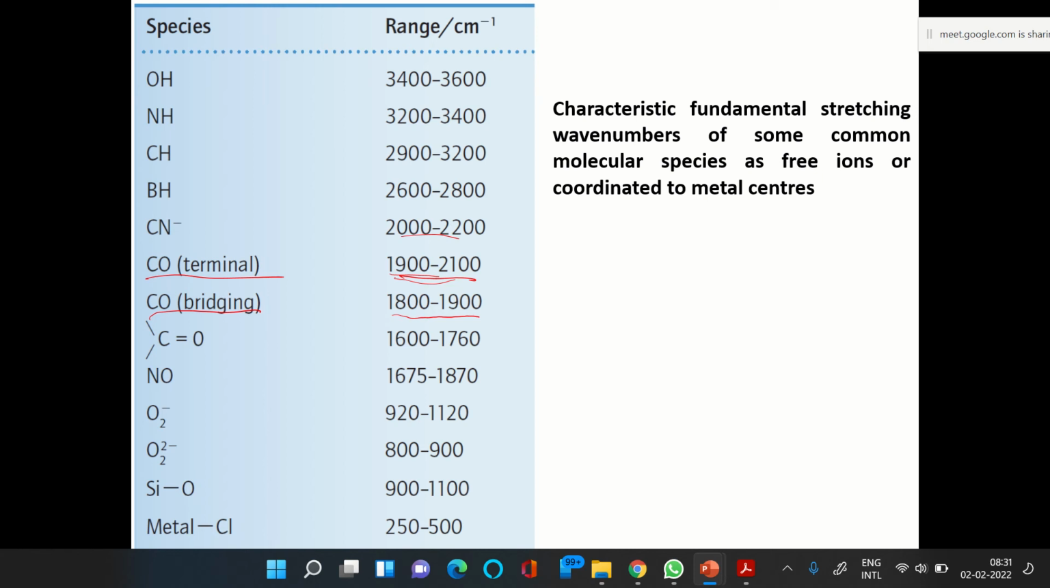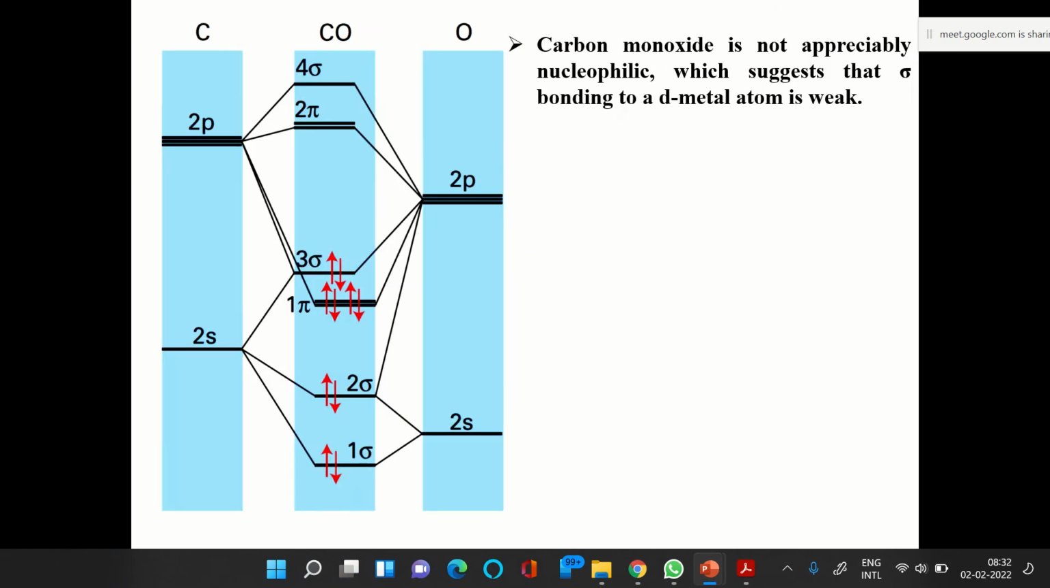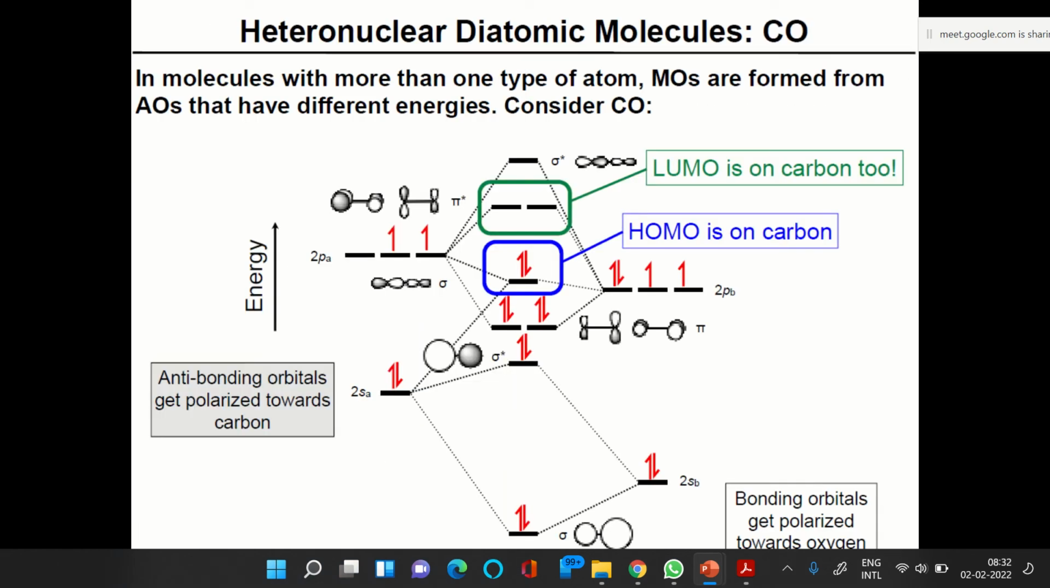Okay, so you have frequencies appearing like superoxide, peroxide frequencies. These are typical frequencies that you will find when these groups are coordinated to metal centers: superoxide, peroxide ligand, and metal-Cl bonds are the weakest in that sense. So carbonyls are the ones which have been greatly analyzed through IR and Raman spectroscopy, and